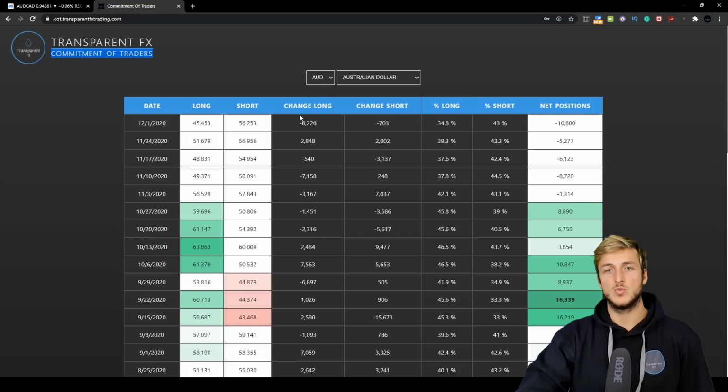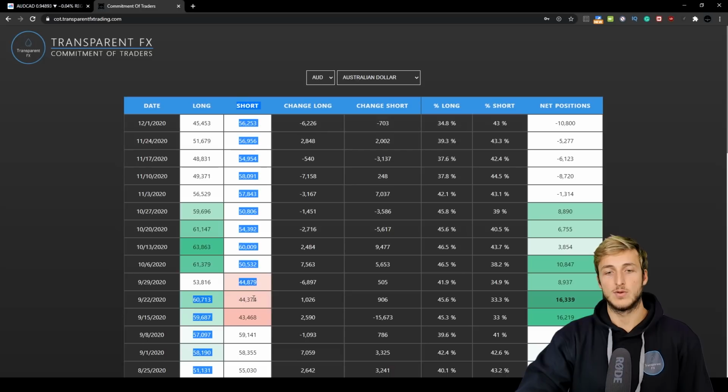Now on the AUD, we can see that with the last report, 6.2k long positions were closed, making the net positions drop even more. In fact, if we go and see what is going on from a net positioning perspective, we can see that we went all the way up from having 16.3k net positions all the way down to minus 10.8k net positions, meaning that we went from having way more longs than shorts from an institutional perspective with